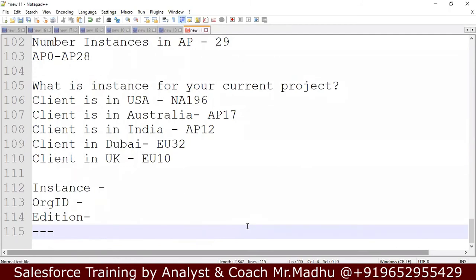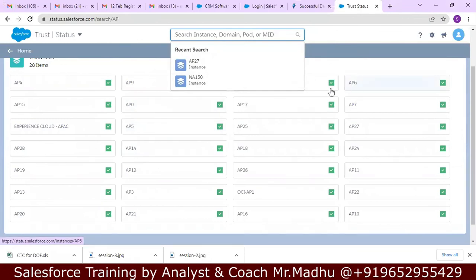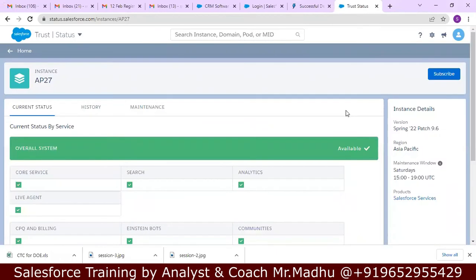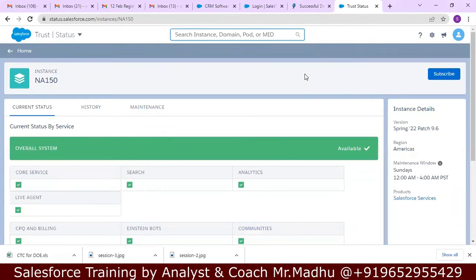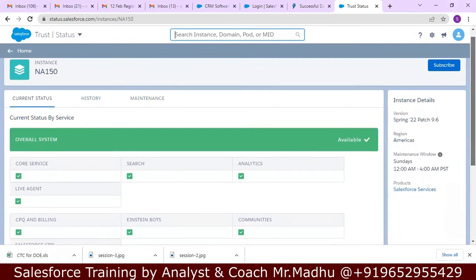Now I want to check the history of any server, for AP27 or NA150. I want to check the current status, whether this server is down or not.